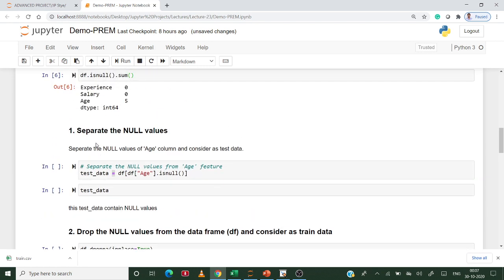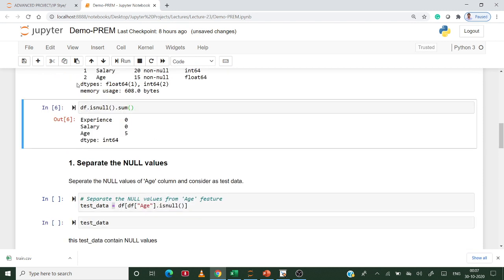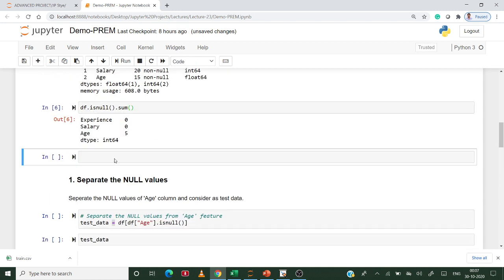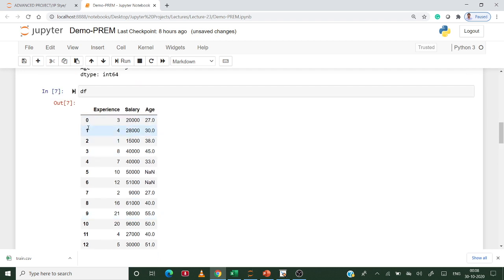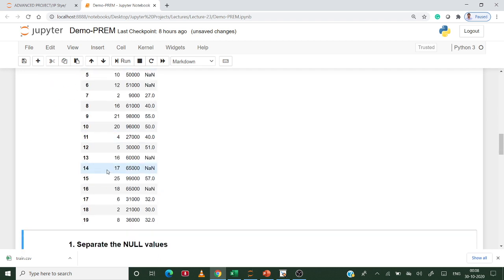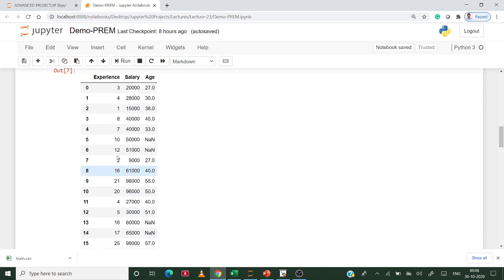So before going to separate the null values, first let's see our data frame, df. So this df has index 0 to 19, which means 20 observations.